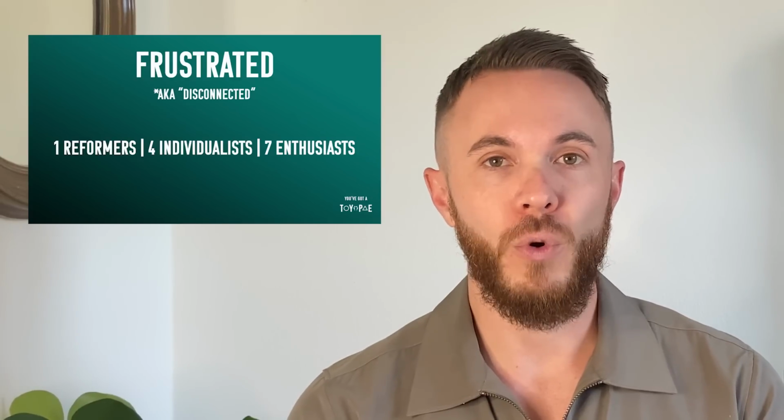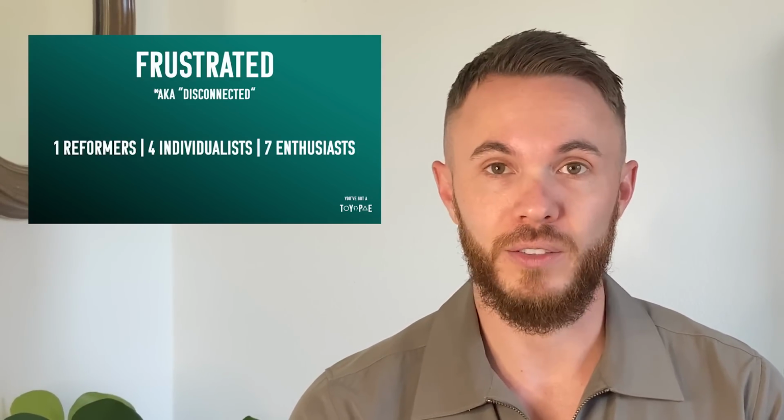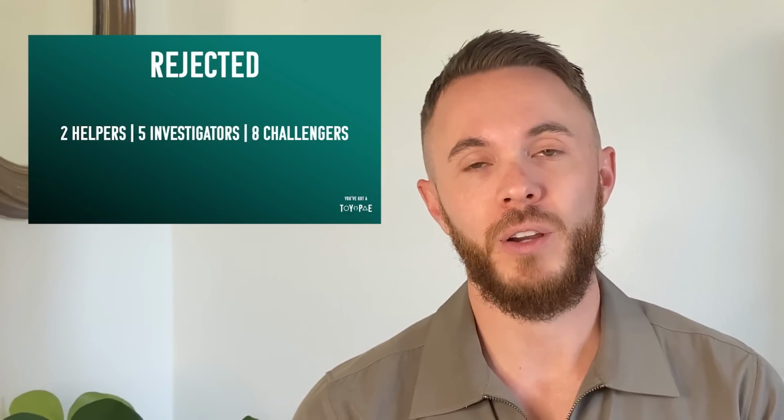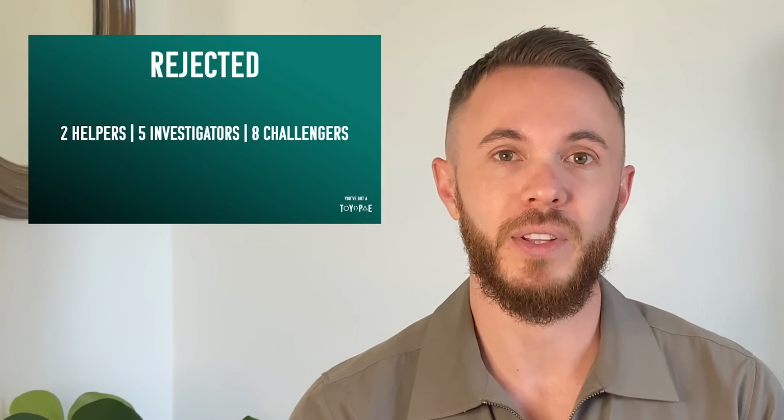Types 1, 4, and 7 are in the disconnected group. The frustrated group has a deep sense that something is missing and their needs are not being met, even if they actually have everything they want or need. Frustration has become such a core part of their identity that they easily become disenchanted with life because it's simply their default position. And last but not least is the rejected group, meaning their child-parent relationship is defined by feeling